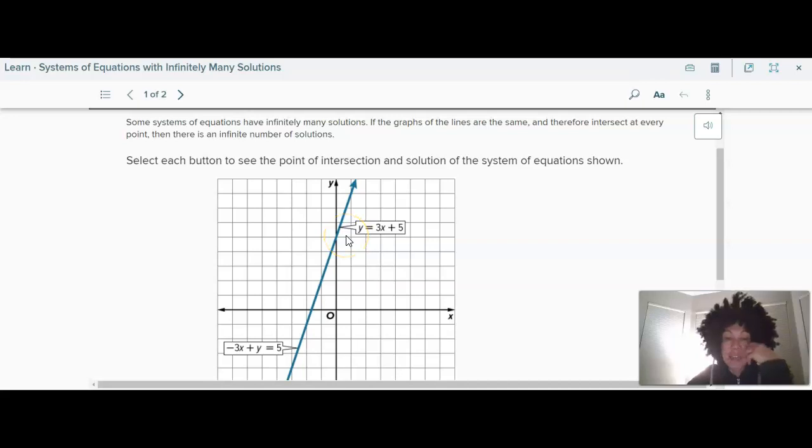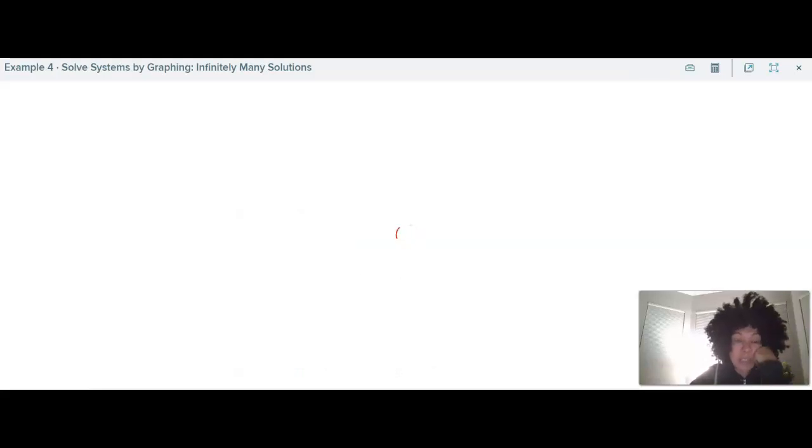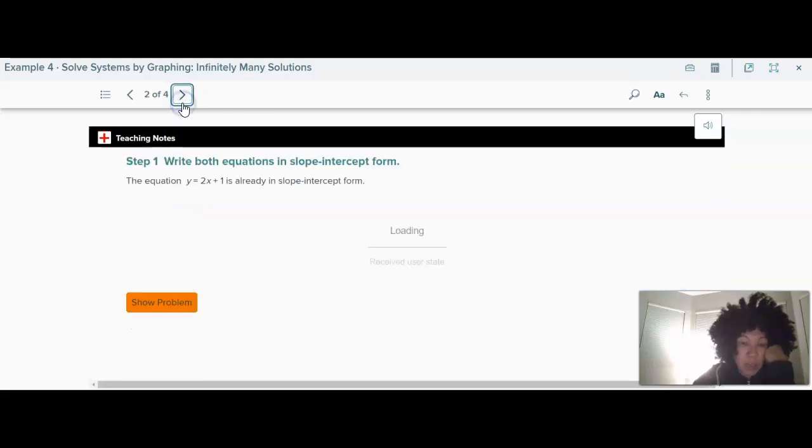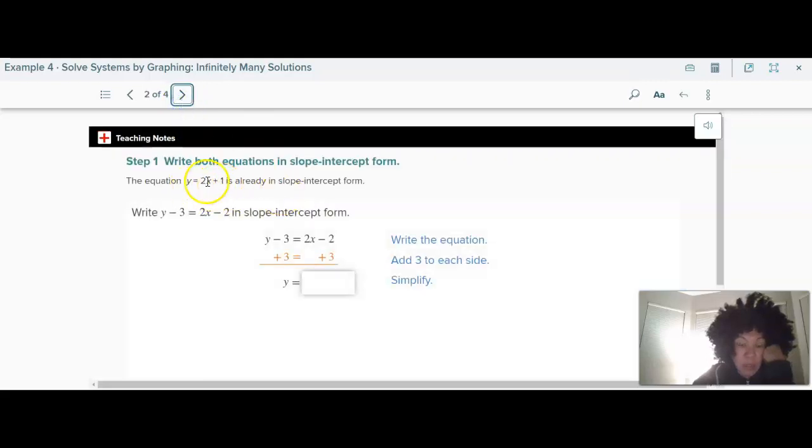That is a case where there are infinitely many solutions, when the two equations actually end up being the exact same line. What you're going to see when you're solving these is that when you rewrite them in slope-intercept form, you end up with the exact same equation. So here are two equations. We want to start by writing them both in slope-intercept form. This one already is, and this example is on page 326. This equation is already in slope-intercept form. We have to rearrange this one to get it in slope-intercept form, so all we have to do is add 3 to both